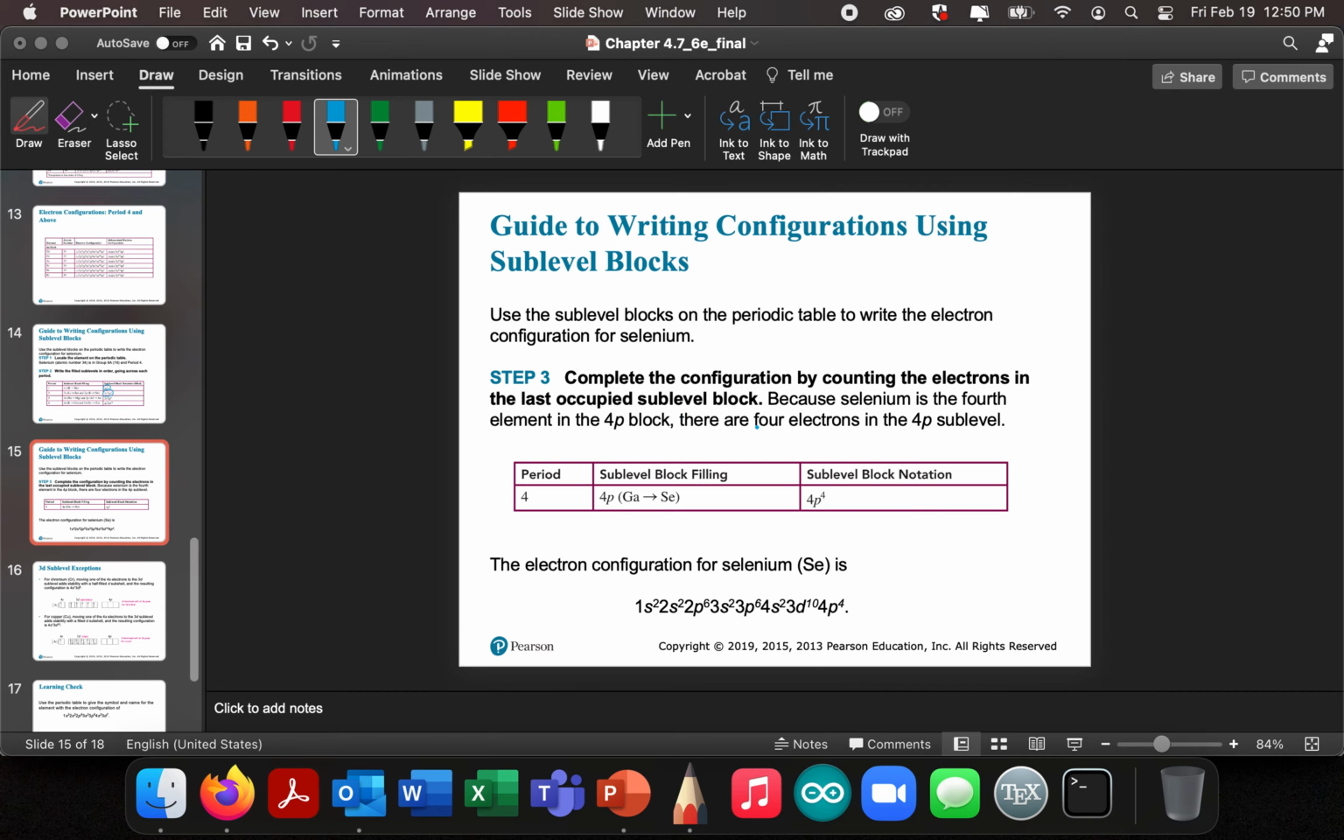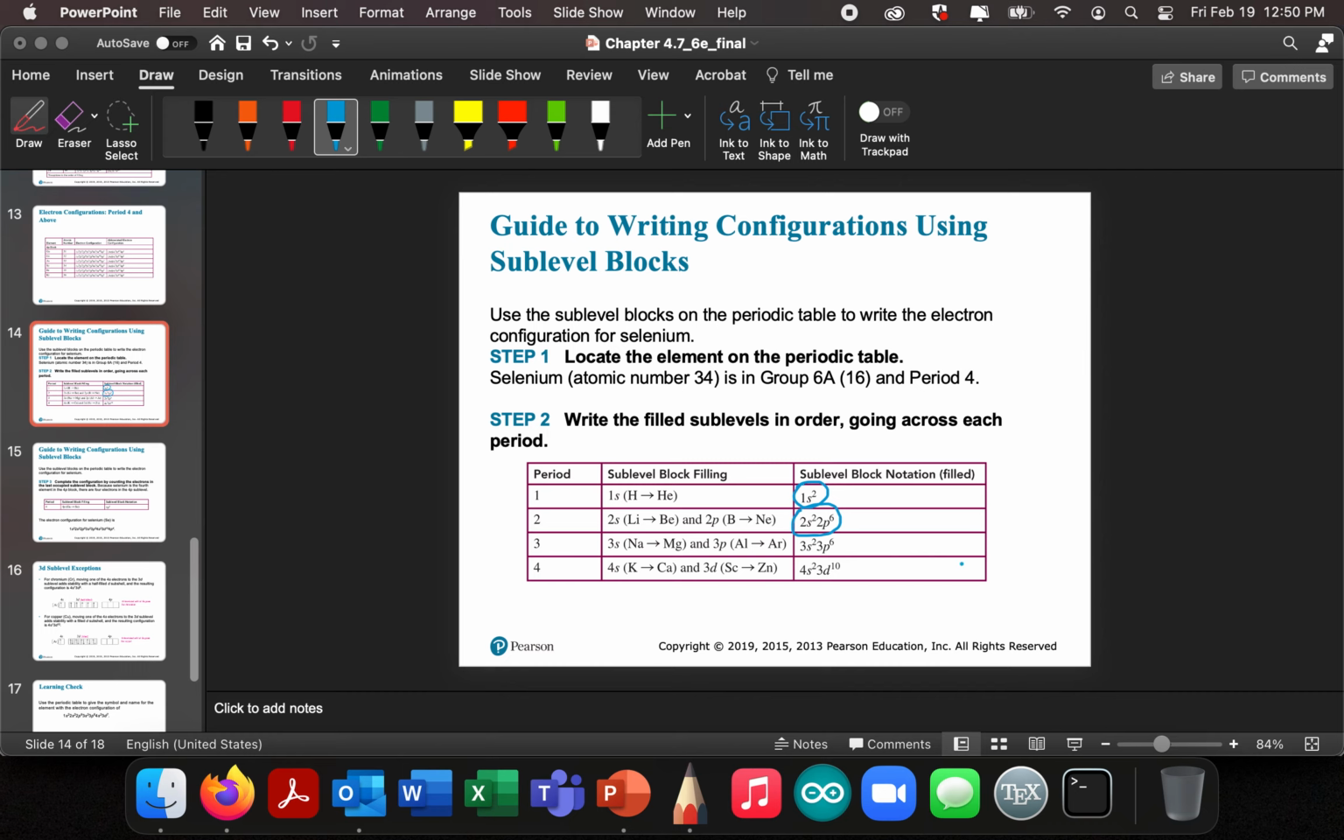And you know what? Let's come back here. I want to start that over again. Suppose that we're asked for selenium. We're asking for the electron configuration for selenium. So we go find selenium, and selenium is in